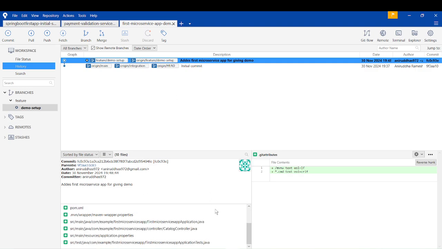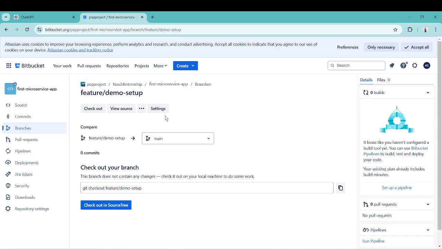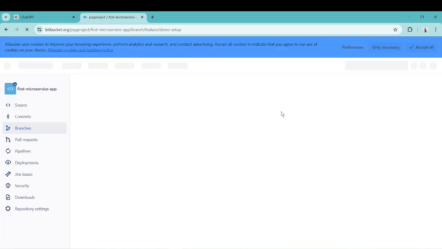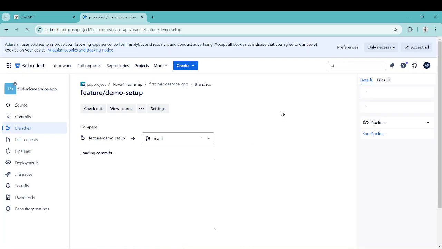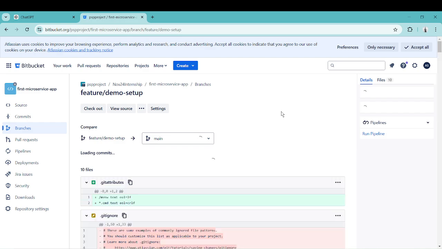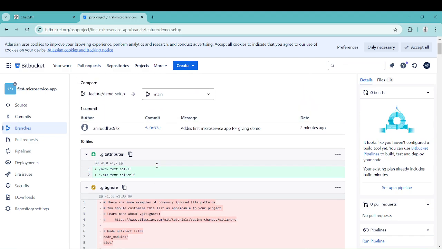Here we have pushed our changes. Now go to the BitBucket, refresh it. So we have pushed our code from local to the repository which we have created, and you can see here the 10 files and this commit